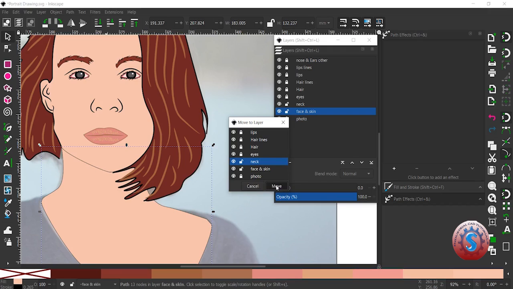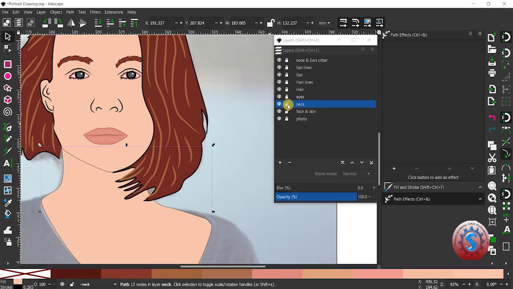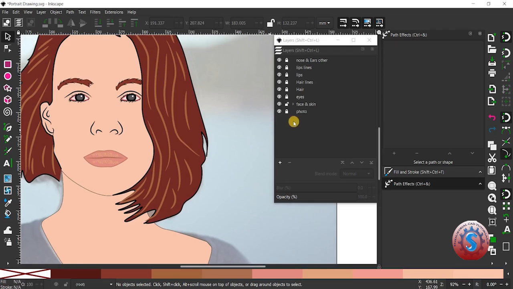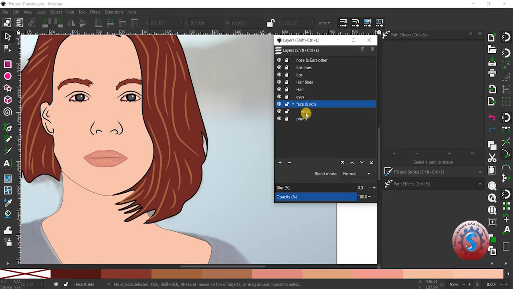I want to create a layer at the bottom, below the face and the skin. You can observe that in the middle of the photo, between the bottom and the face, the neck is there. For this, you can observe that the line stroke of the face and skin layer is visible, and the other lines are not visible. They are hidden by using the layers. By this you can create the skin tone color layer.